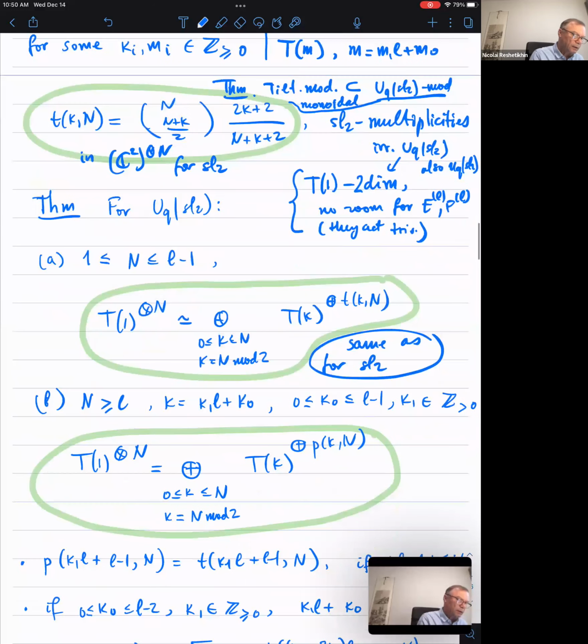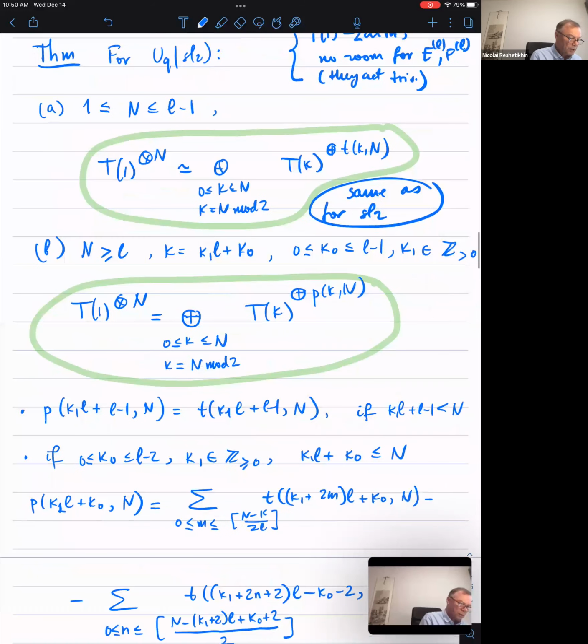I saw a statement in the literature that it's not necessarily a braided monoidal subcategory. And then I also saw a statement in the literature that it can be fixed. So I don't know exactly the status of this. I didn't check either of these statements, but it's definitely a monoidal subcategory. So since it's a monoidal subcategory, we have this property.